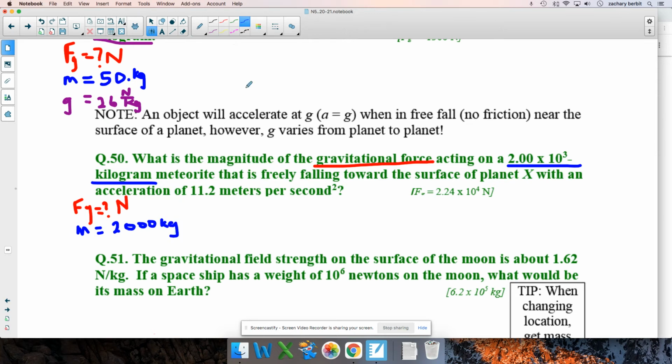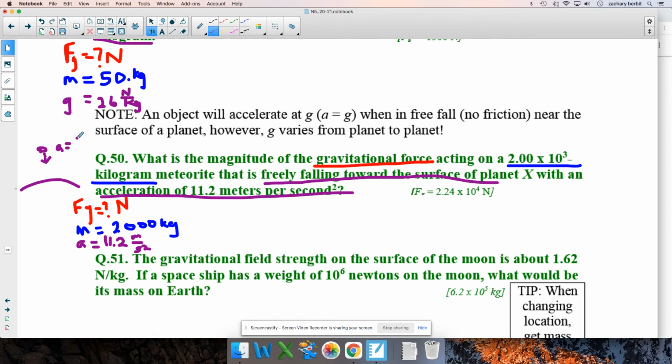All right. And that is freely falling toward the surface with an acceleration of 11.2 meters per second squared. So you may come over here and say, oh, acceleration. Well, it doesn't quite look like g, and we kind of want it to. So what's going on here? 11.2 meters per second squared. Well, the recognition is this. If your planet is here and here's a meteorite, and it's falling downward and its acceleration is